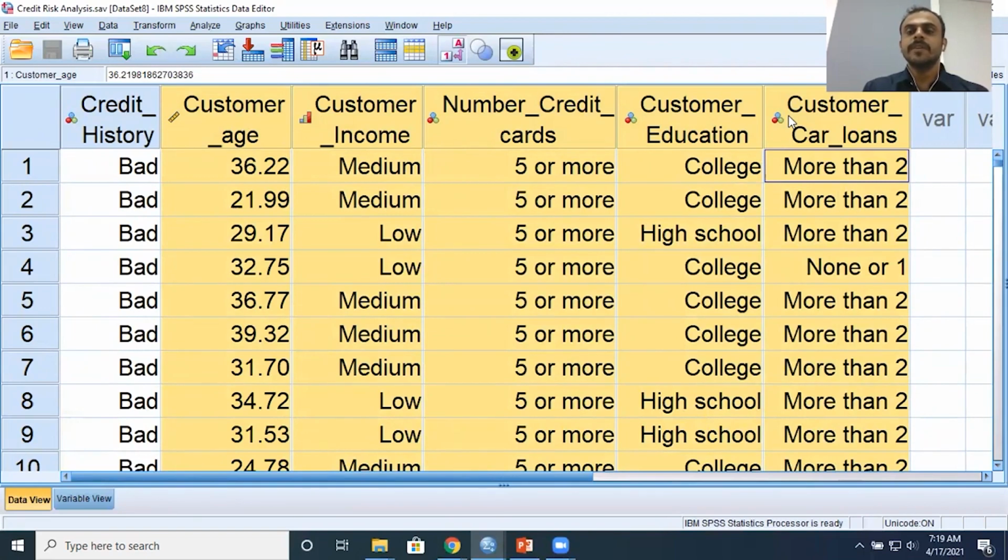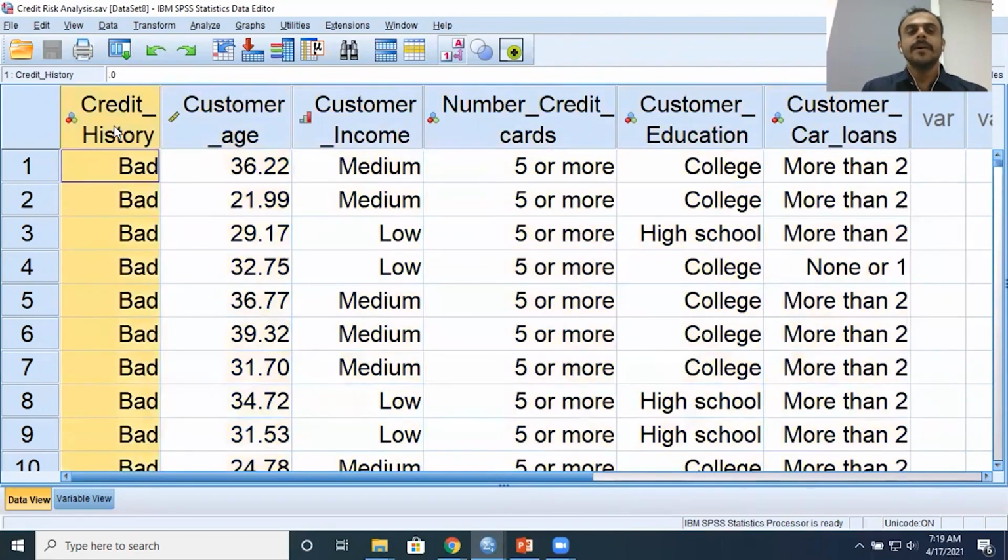You have got demographic details and past transaction details and such things, which can be considered as the input variables. And this variable, credit history, credit rating of an individual, can be considered as a dependent variable. Remember, when you're doing a decision tree, it is an example of what is called a supervised learning technique. I repeat, it's an example of a supervised learning technique.